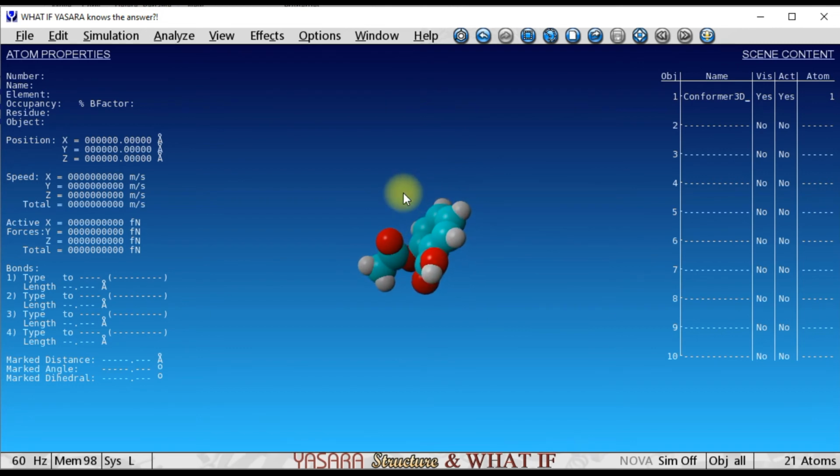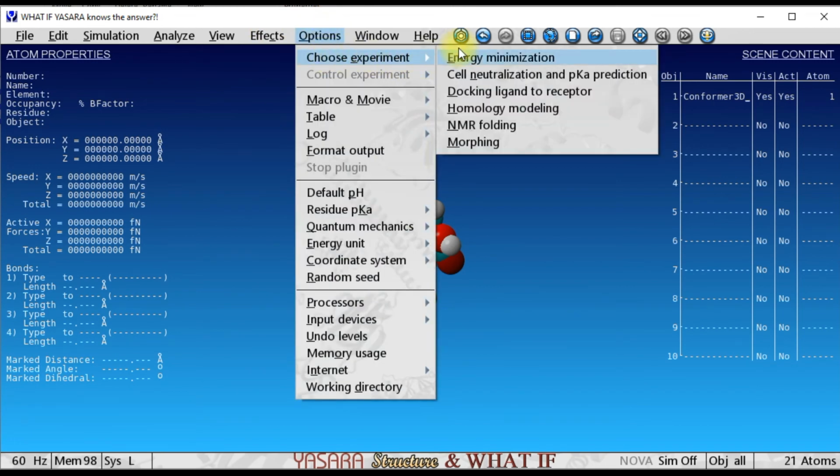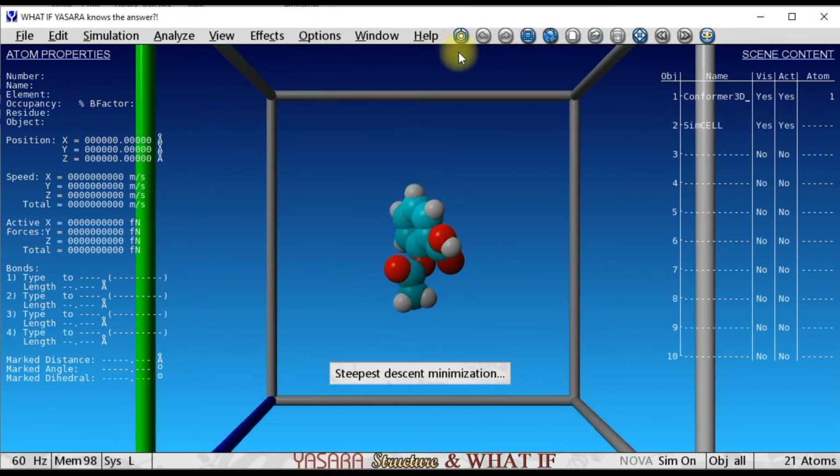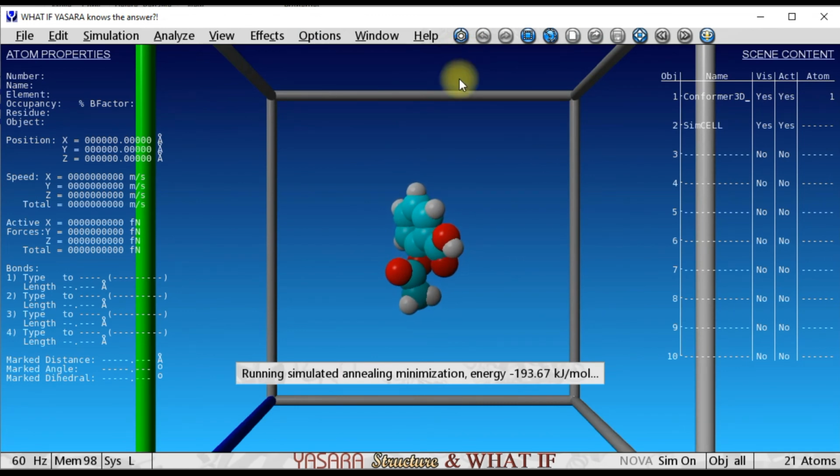So the difference between the 2D and 3D conformer is the 3D conformer will be more energy minimized when compared to the 2D conformer. So you can see the difference, it's a bit opened up. So again you need to go to options, choose experiment and energy minimization for the energy minimization to happen. So you can see how it is getting opened up.